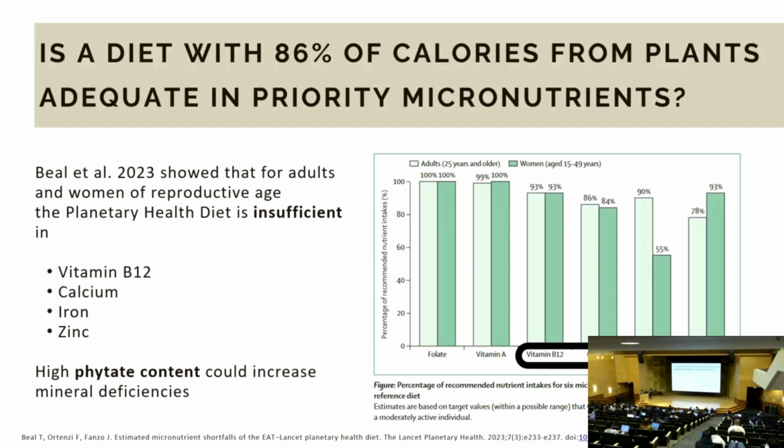Additionally, diets that are very high in plant proteins have lots of phytates. Phytates are anti-nutrients which can inhibit the absorption of minerals in our guts. So not only do we have a reduced amount of iron, calcium, zinc intake, but also a lot of things fighting against our body actually being able to use those minerals. So these are a couple dynamics at play with a diet that's very high in plant protein.